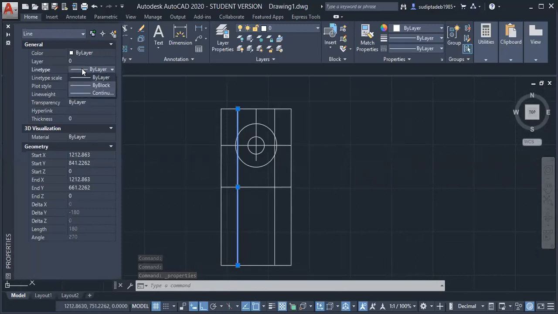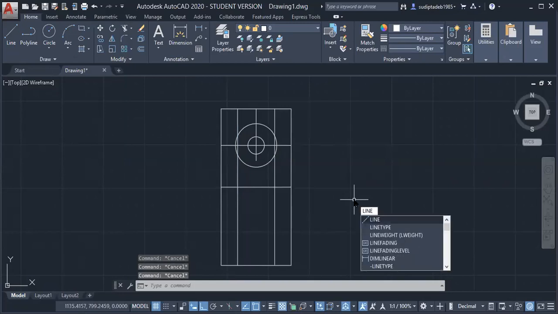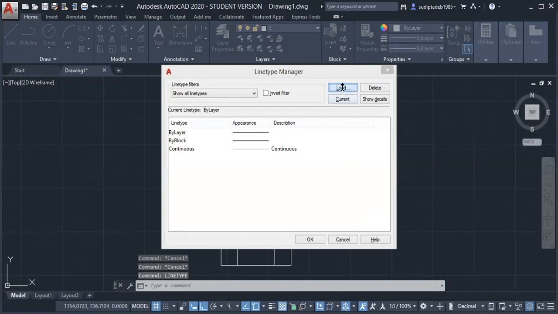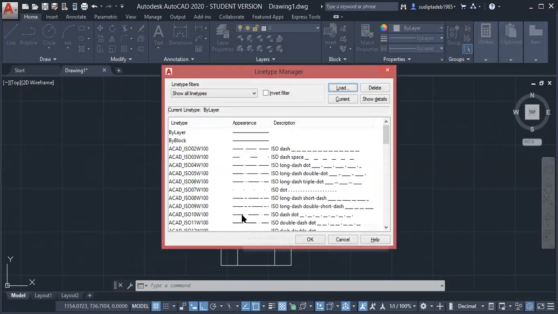Now just to select here, but it is not showing all lines. It is showing only two lines. That's why first you have to load all types of line. So you know the command is LINE TYPE, for loading all types of line. Press enter, press here load, select any one from here, then press Ctrl A for selection all, press OK, then